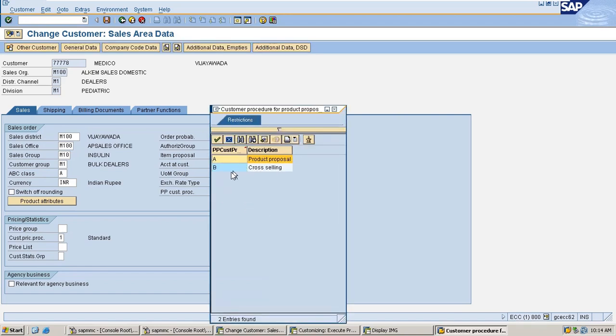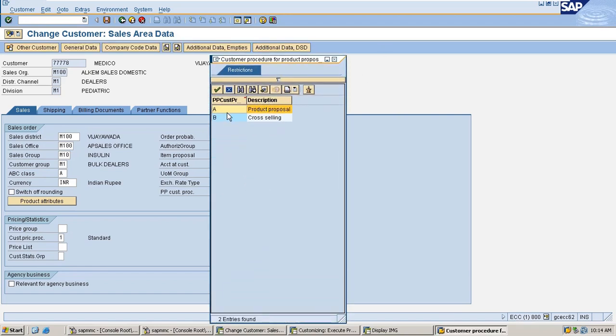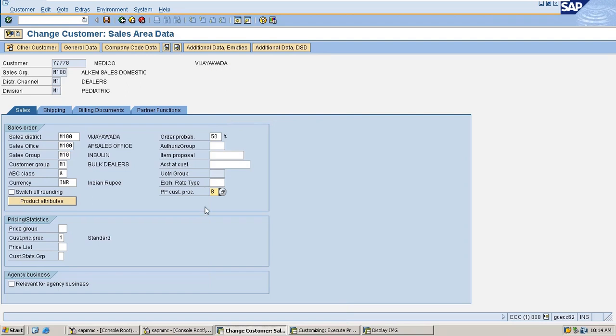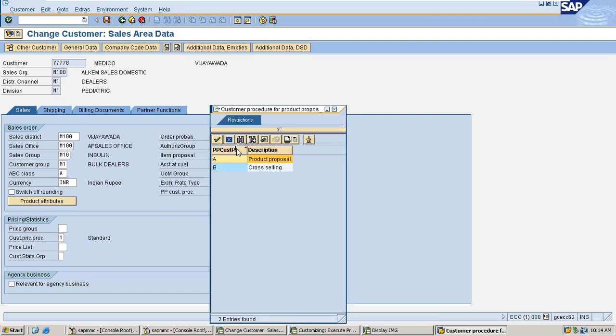Here we can find two entries. A is for product proposal and B is for cross-selling. So we use B here. And what exactly is product proposal? The product proposal is nothing but automatic determination of the item proposal.